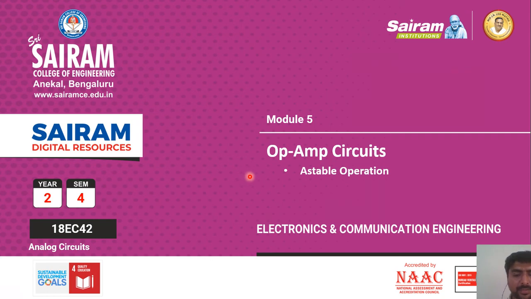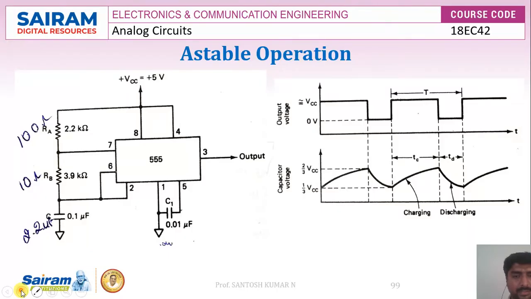In this particular lecture video, we shall be discussing the astable multivibrator. The astable multivibrator is often called a free-running multivibrator. It is also a rectangular wave generating circuit. Unlike the monostable multivibrator, the circuit does not require any kind of triggering for changing its output state. Hence the name free running.